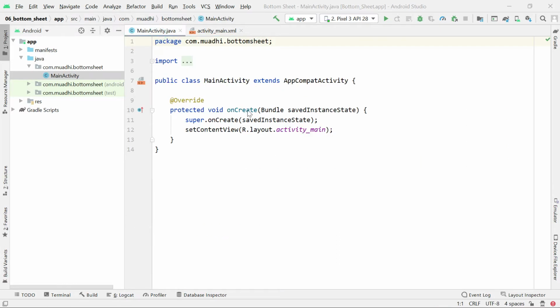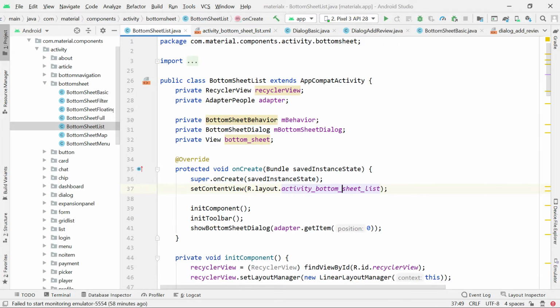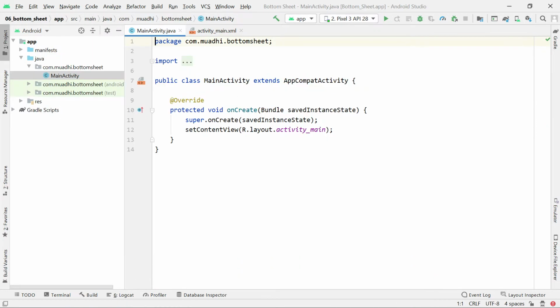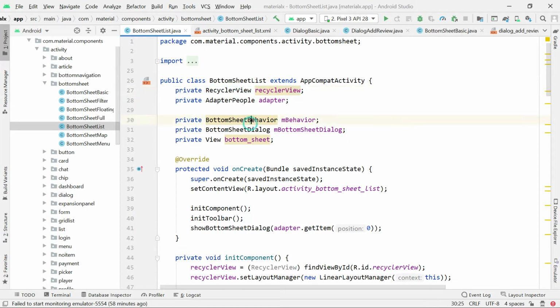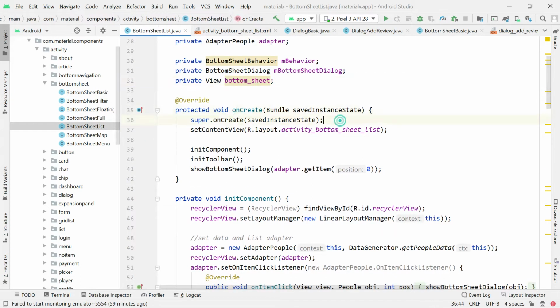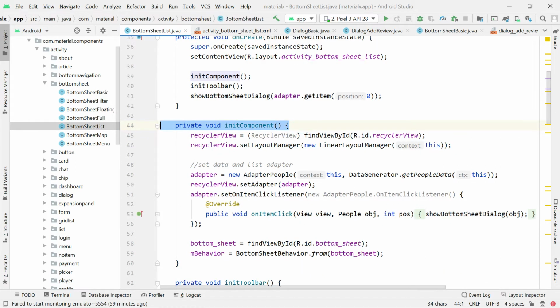So we have to now create the recycler view first. So just simply say recycler view, that's our recycler view, and then the bottom sheet, we look at it later. We'll come here on bind, have this, then we have init component. We're going to initialize components.